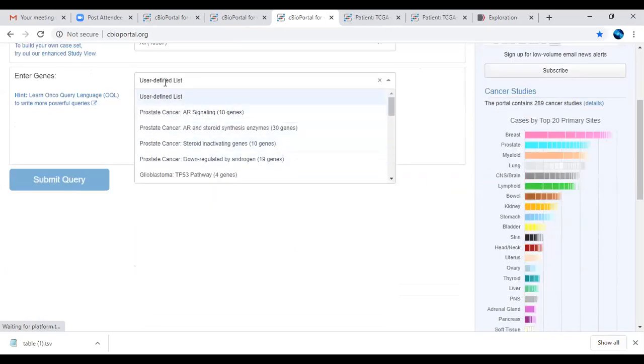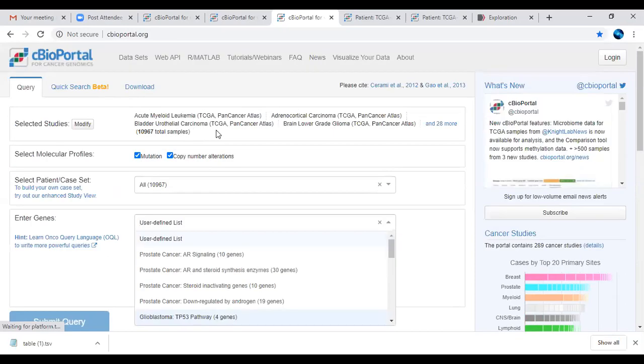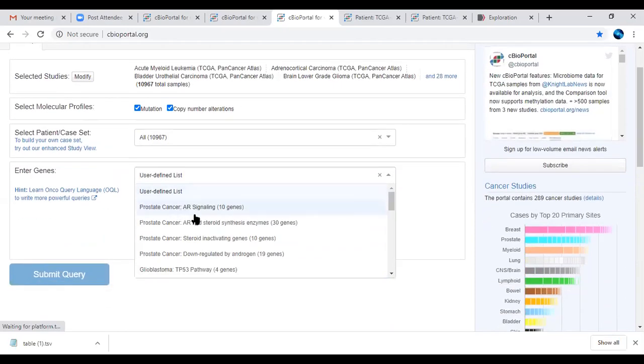So here the user can define their list. We are providing lists of gene sets. If you are interested in studying these 32 types of cancer with respect to only cancer-related targets, what type of pathway signaling they have given.